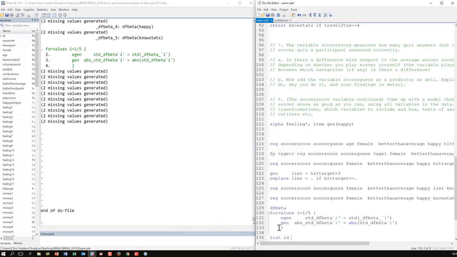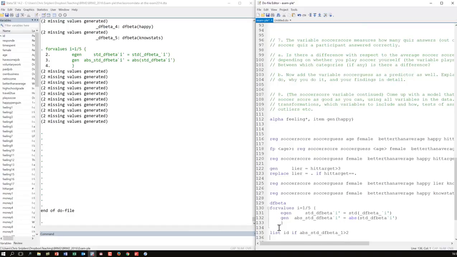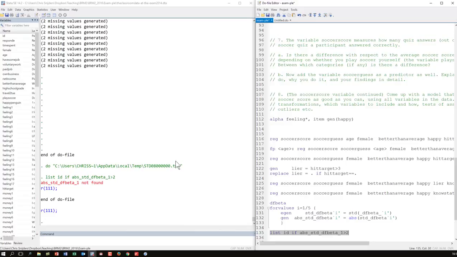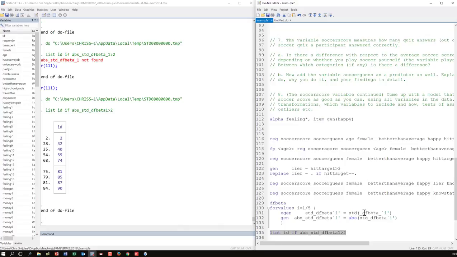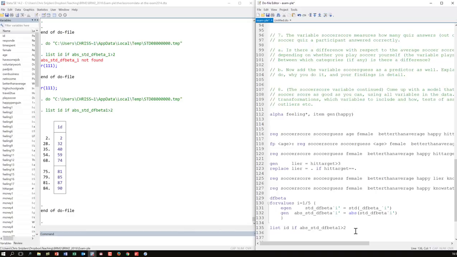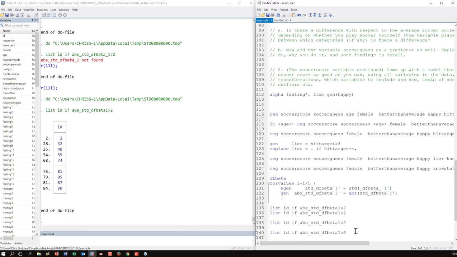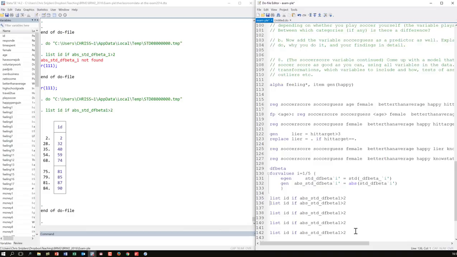Identifier in my data, ID. Let's peek if that works. Okay. Like this. Double check. Again, you can write the for loop if you want, or do it like this. All of that will work.